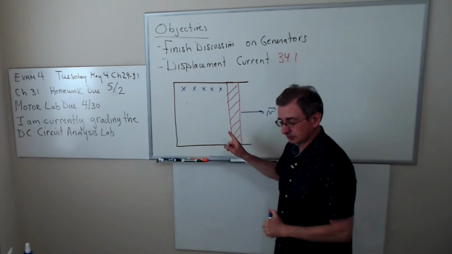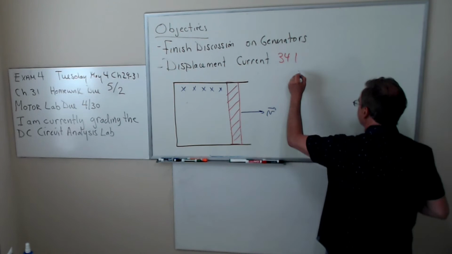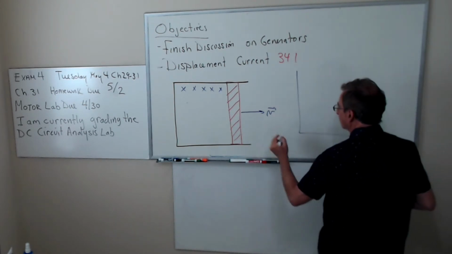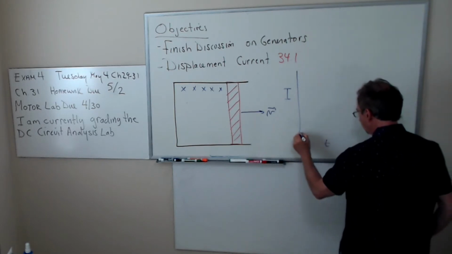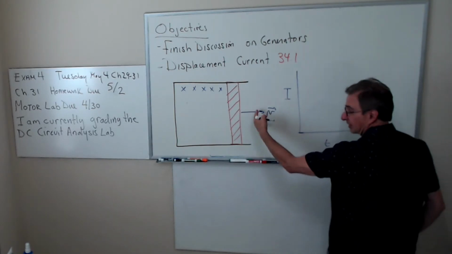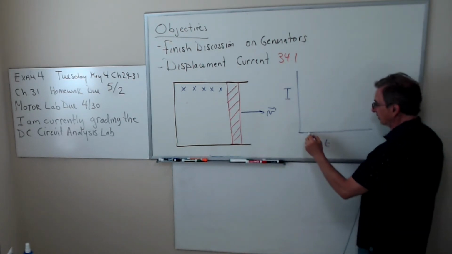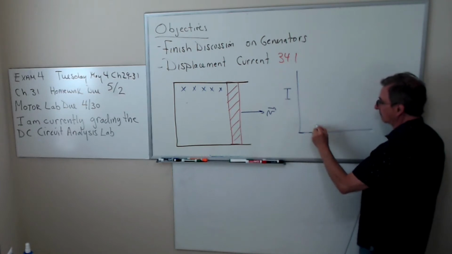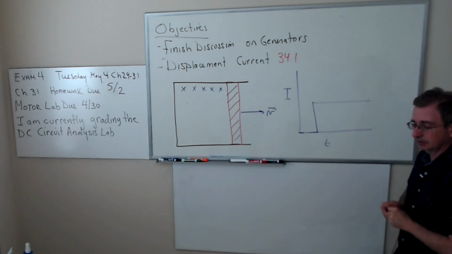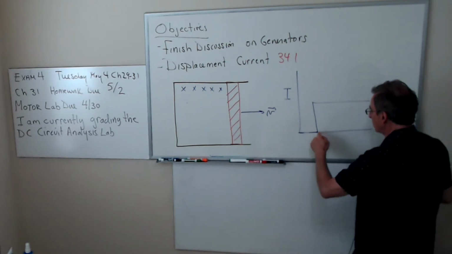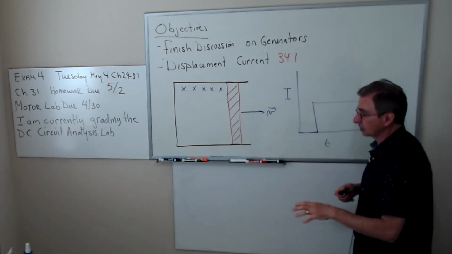If I push this rod, I give it some velocity. If I plotted the induced current as a function of time, let's say this is moving at a constant speed. You would think once it starts moving at that speed, let's say I give it a push at this time, the current's going to do this. And that's not what's going to happen. Okay, so I give it a push, and then all of a sudden the current jumps up. That doesn't happen. Because of the induced current,